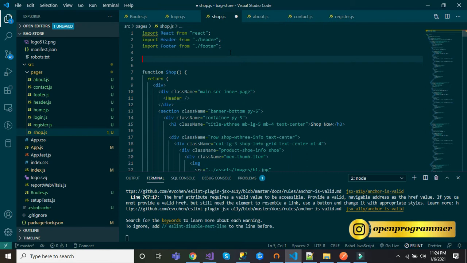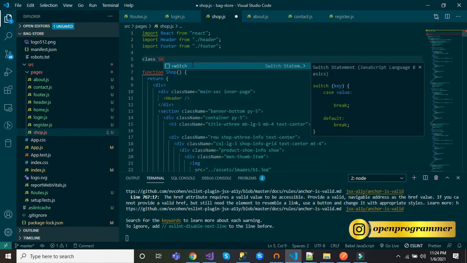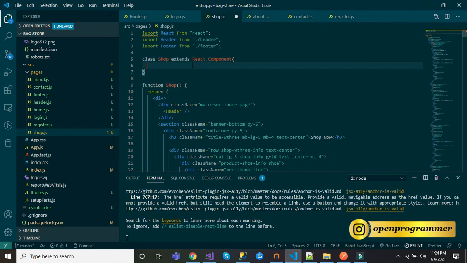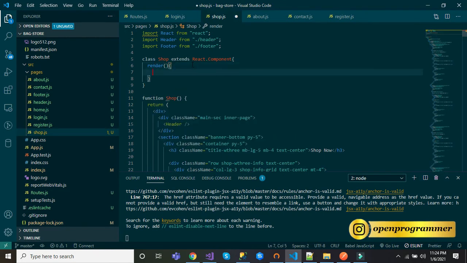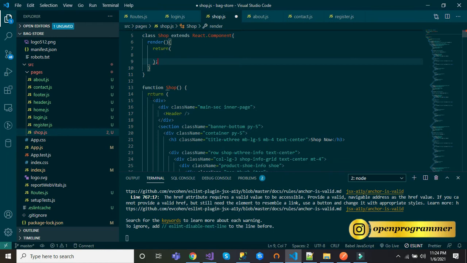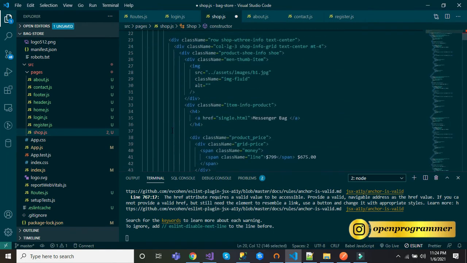First, let me create a class component. Previously, we were using this functional component. So class Shop extends Component. In a class component, we use the render method, and in render, we use return. First, let me copy all the HTML part.